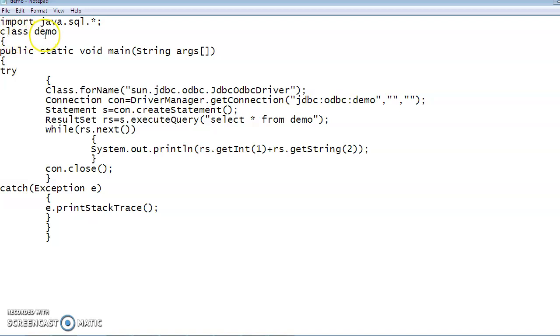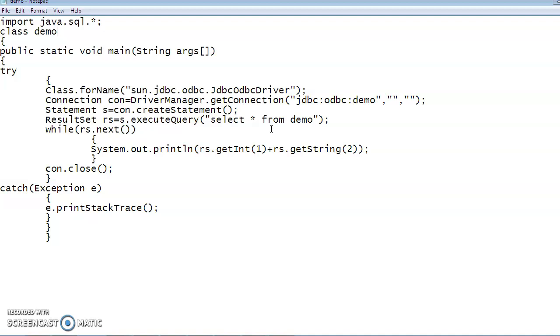Here we have created a class demo, and before I proceed with the program, you need to remember one thing. If you are going to add SQL features inside your Java program, then it is mandatory to import java.sql.*, because you are going to access the basic features of SQL.